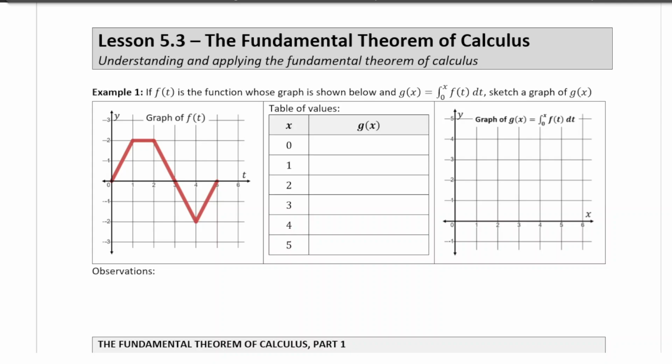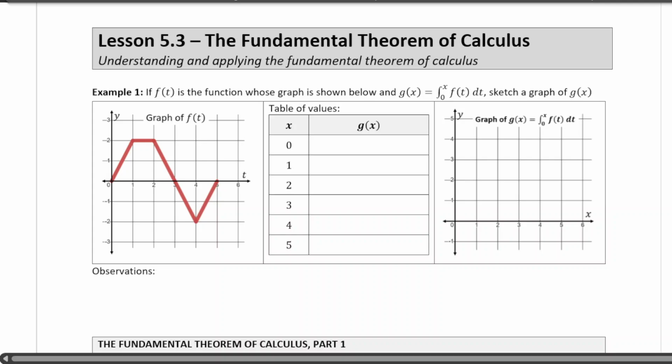Okay, so we're going to do something a little bit weird in the first example, but it will help us understand where this fundamental theorem is coming from. So what we're going to do, and this is just a random function here that I've drawn in red, f of t, we're going to plot another function that's related to this function f of t. And I'm using t as the variable along the horizontal axis for a reason, because I'm going to use